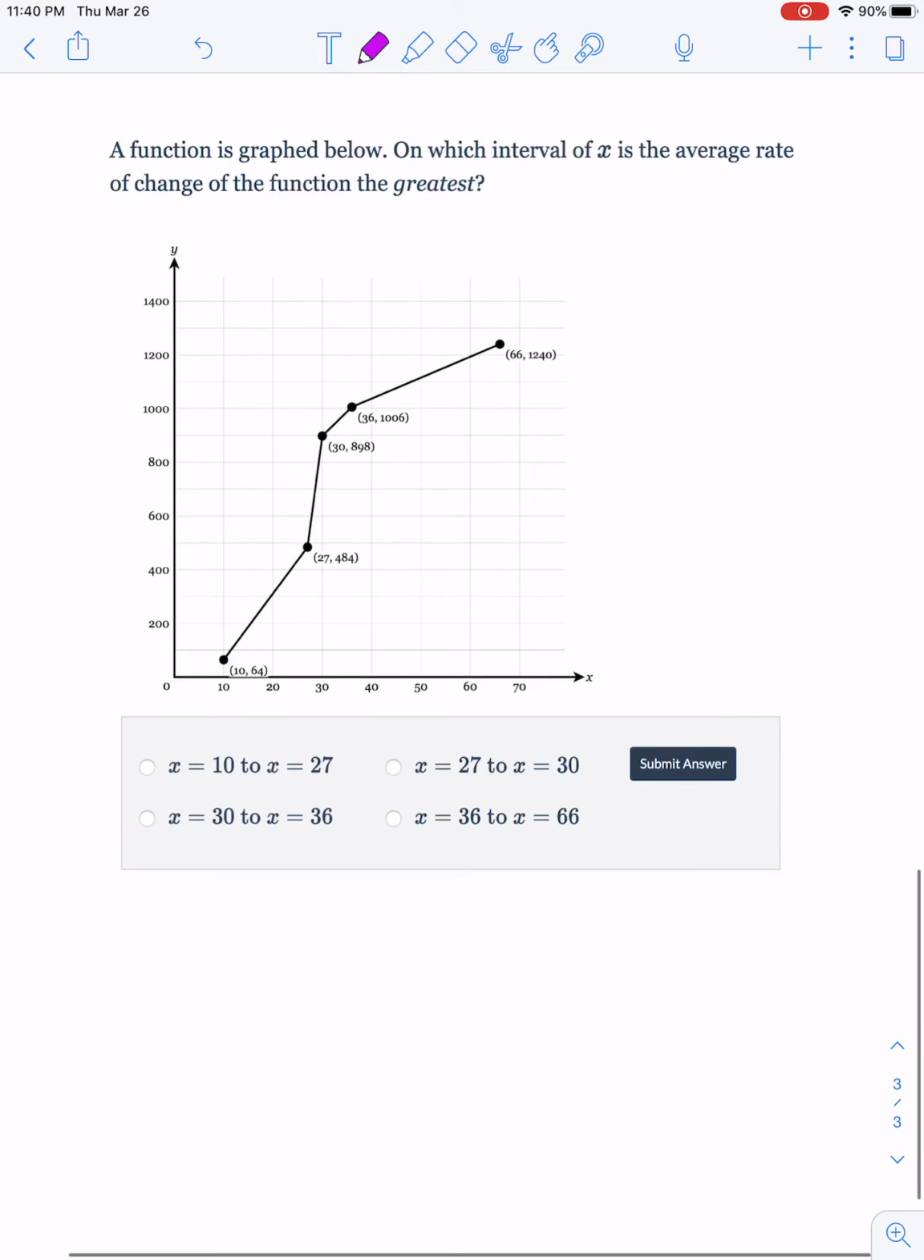And one last problem, guys. A function is graphed below. On which interval of x is the average rate of change of the function the greatest? So the same way we did the one with the table, we're going to